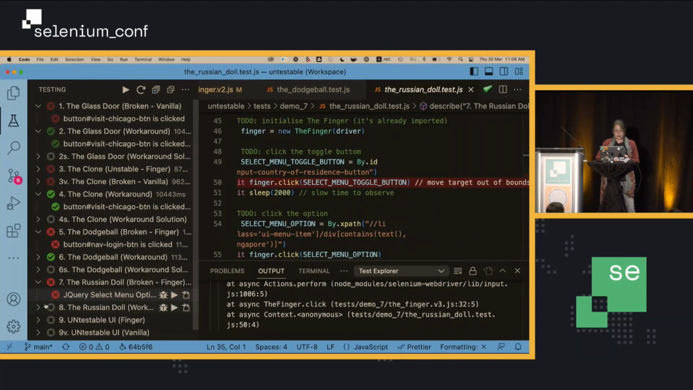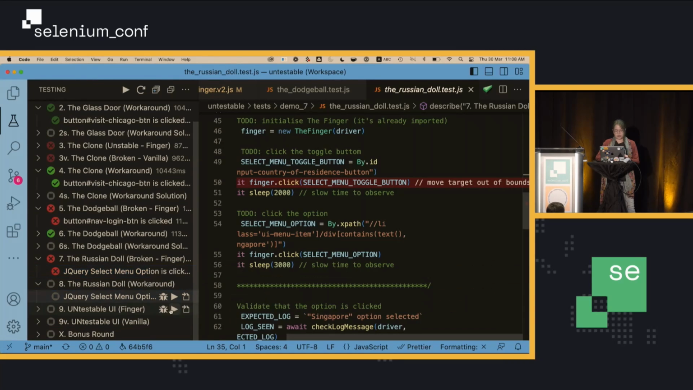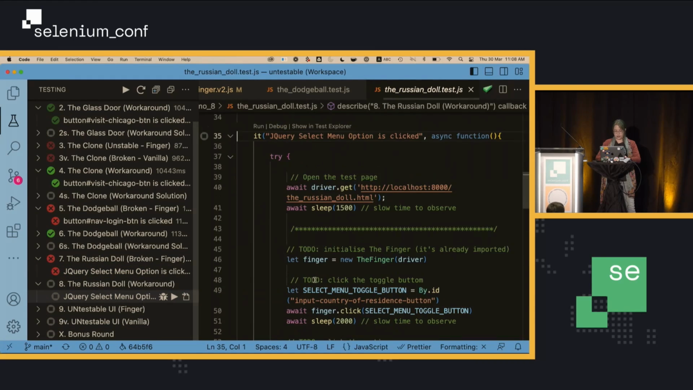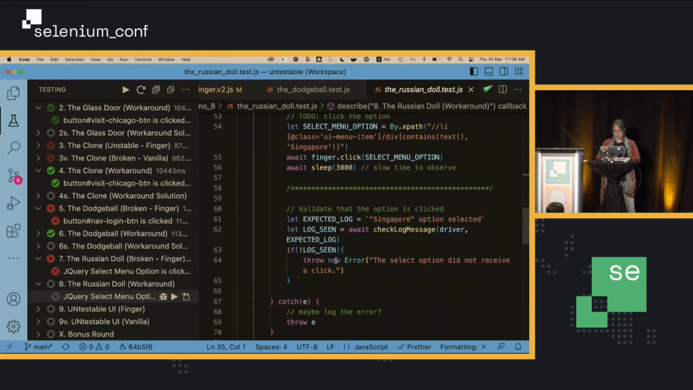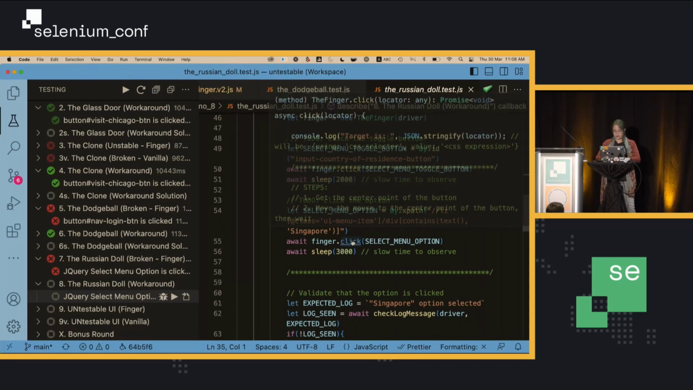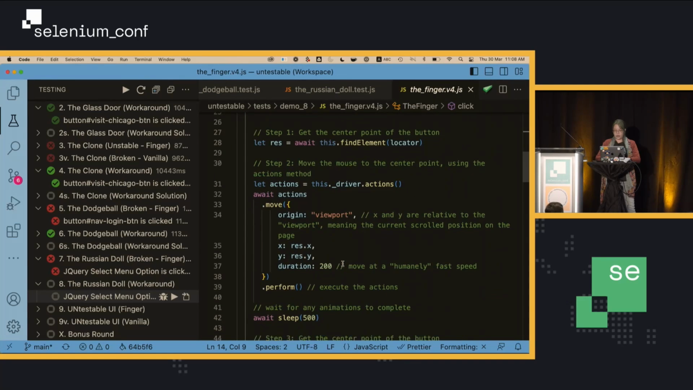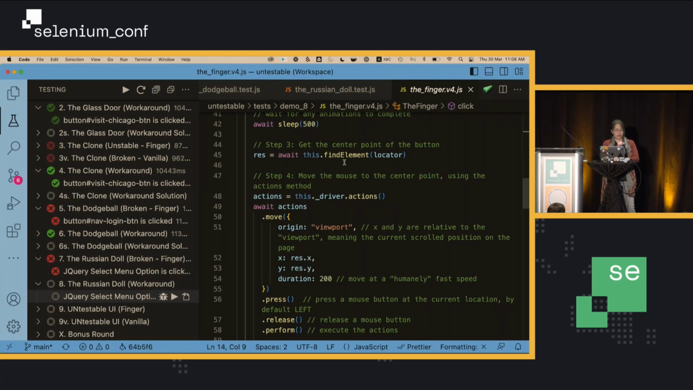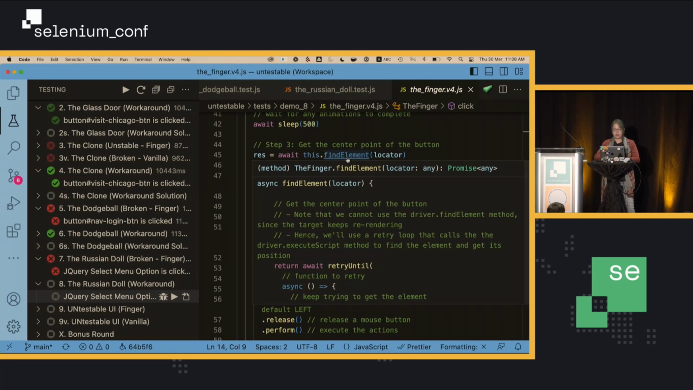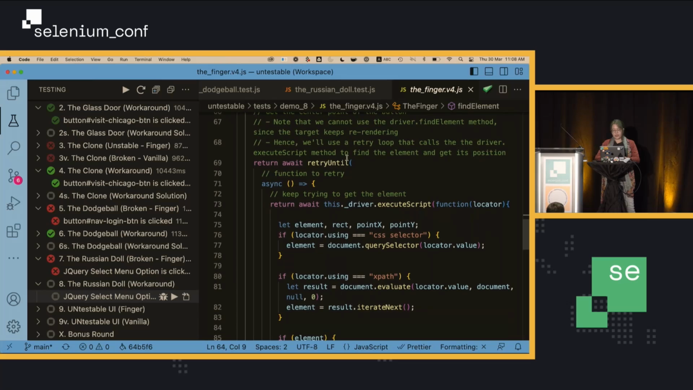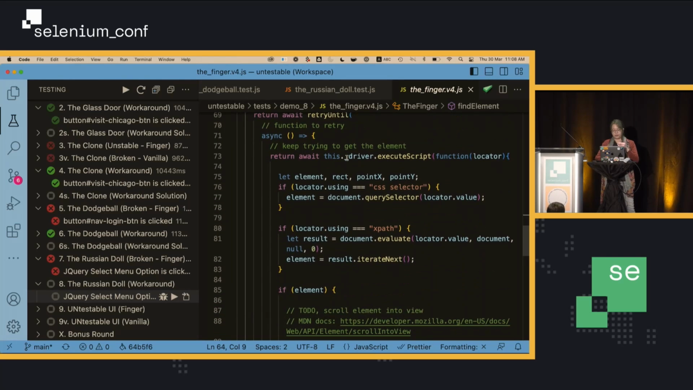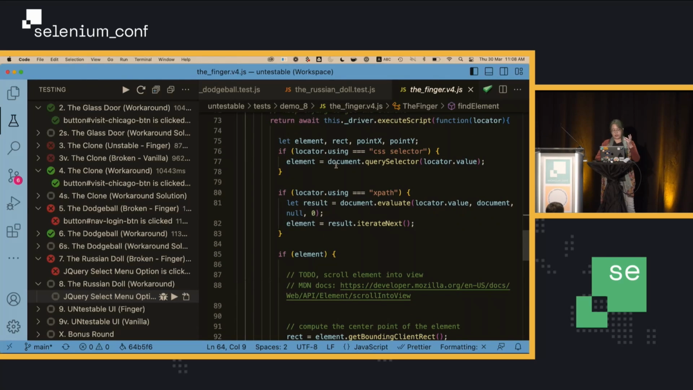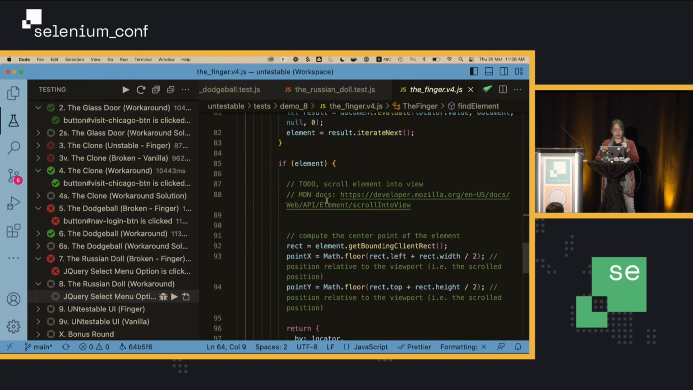So this is very easy to fix. So let's fix our code over here. Let's go to our code, and now we have to fix the find element function, which is incomplete. So what this does is that we get the rectangle, but before we get the rectangle, we want to scroll